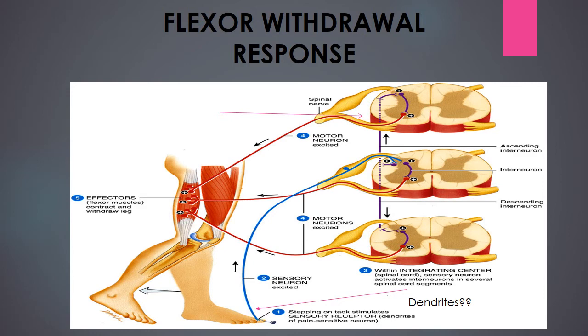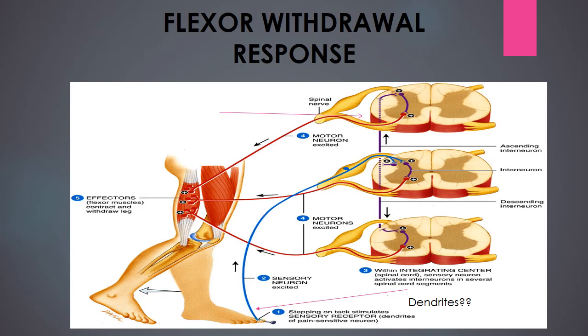And because the hamstrings are innervated multisegmentally, we notice that the sensory neuron makes synapses multisegmentally within the lumbar spine. And alpha motor neuron discharges are released throughout several levels of spinal nerve roots to fully activate the hamstring muscle. So this is a multisegmental flexor withdrawal response. It's a lot like what happens when you touch your finger to a hot stove. When you touch your finger to a hot stove, the same phenomenon happens.